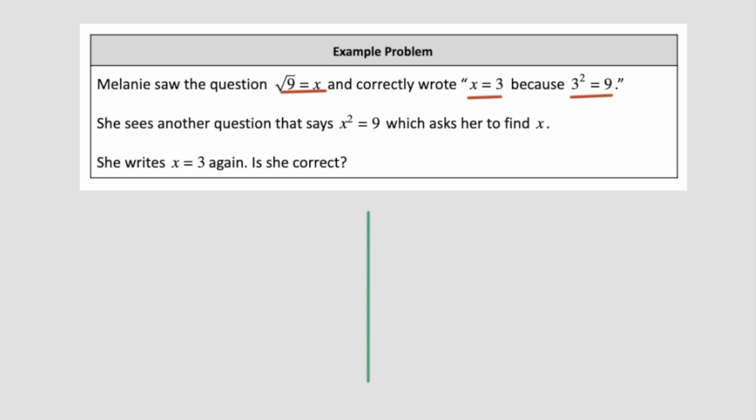She sees another question that says x to the power of 2 is equal to 9, which asks her to find x. It seems kind of similar, so Melanie writes x equals 3 again. Is she correct here? Well, before I go into whether or not she's correct, let's look exactly at what she's